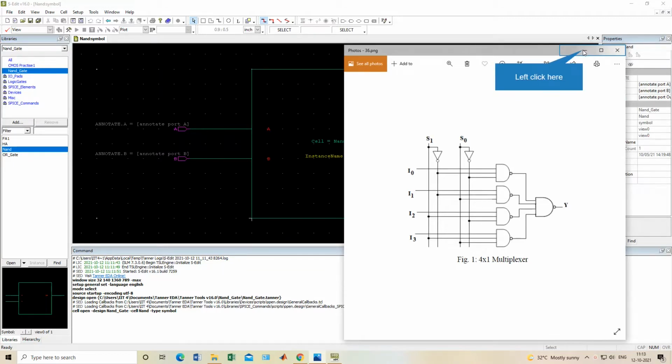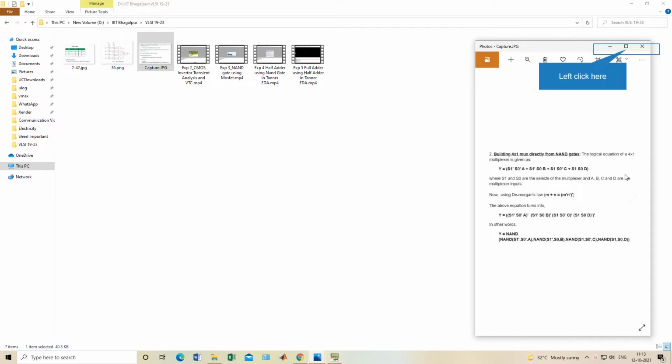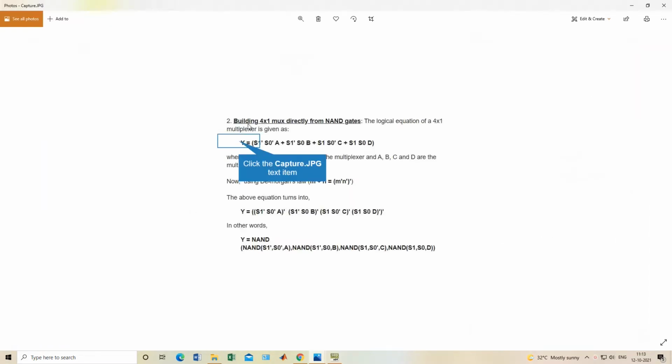So let's design. Okay, do you know the formula for how we can design this? So this is the formula. You can see this is the original formula of NAND gate. Okay, there are four inputs A, B, C, D, or you can say I0, I1, I2, I3, and by using De Morgan's law, we convert this into this one.